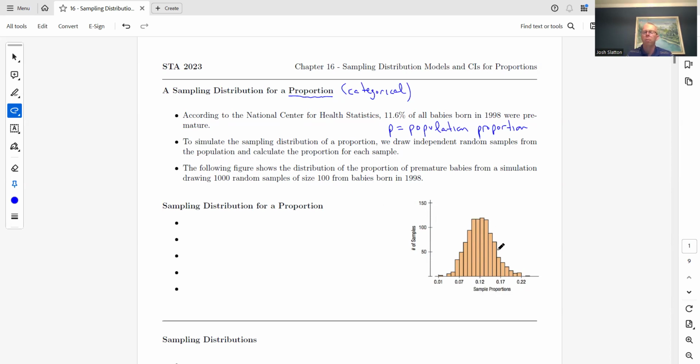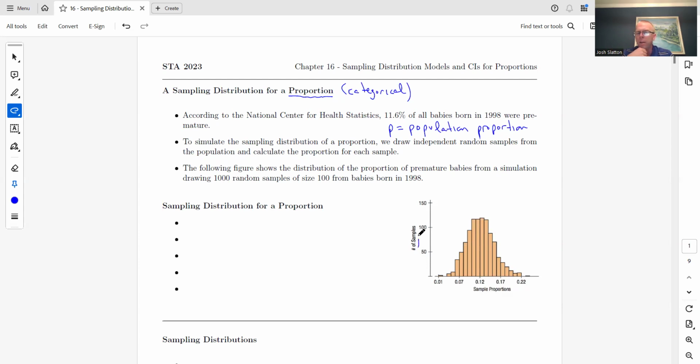We've seen histograms like this before. The main difference here compared to the ones we saw earlier in the course is that earlier, the y-axis was measuring individuals. So if you saw this histogram earlier, we'd see 100 here. That would mean 100 people, or a little bit more than 100 people, were in that category, or in that range of values.